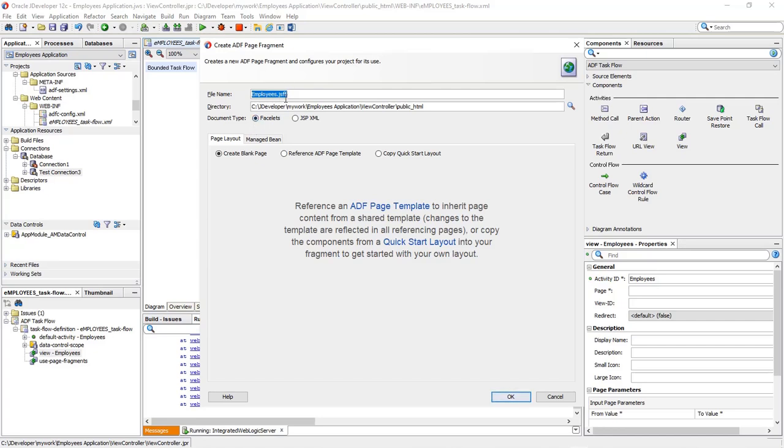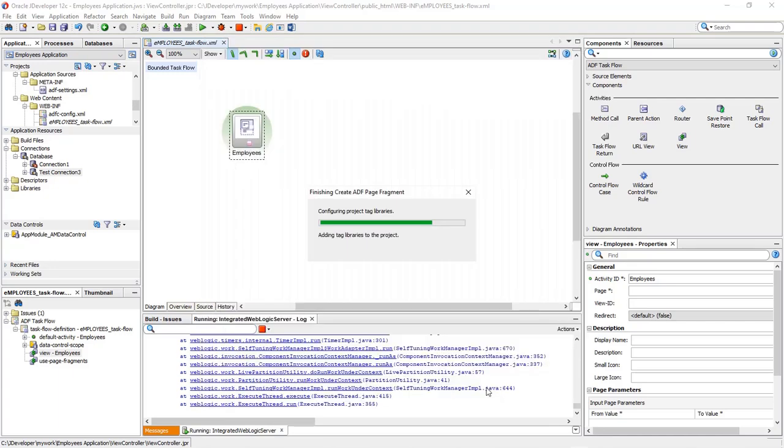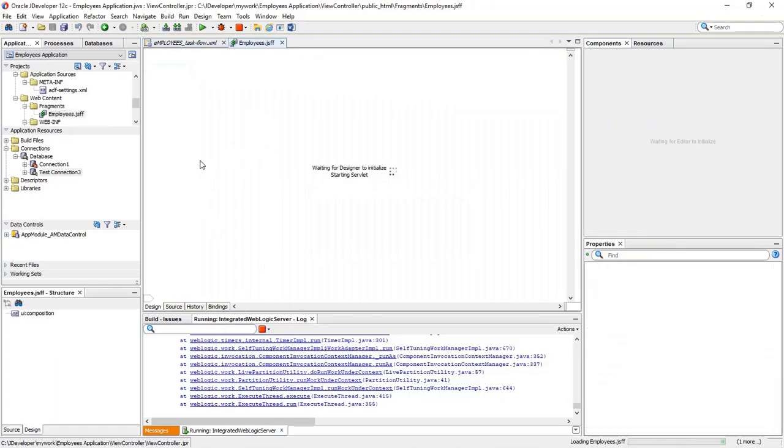This is the part of the page. See, employees.jsff. I want this page in the fragment folder. So fragments, click OK. Now see here,